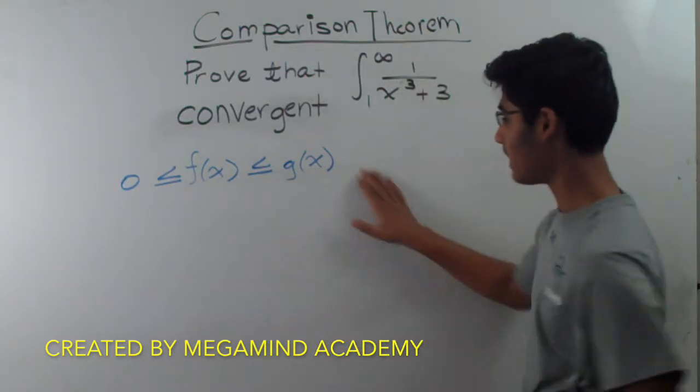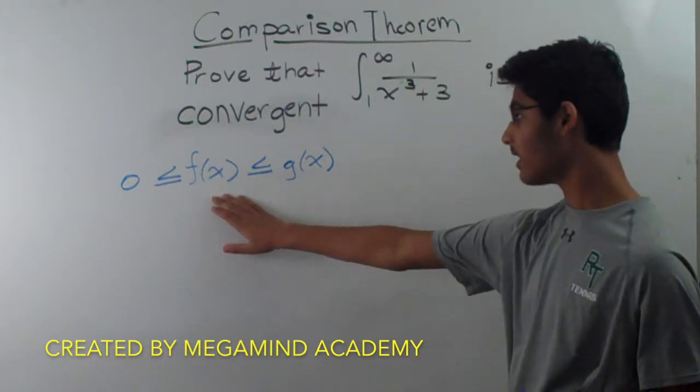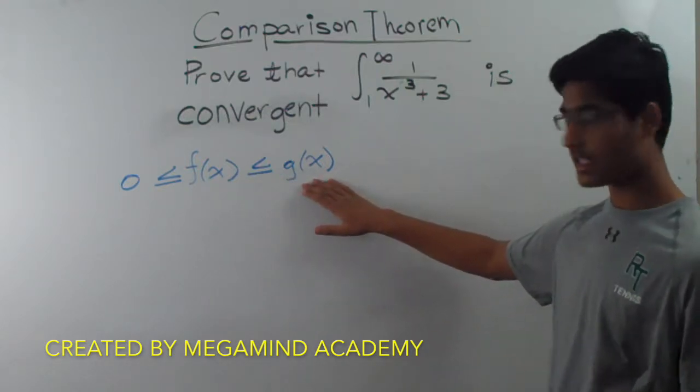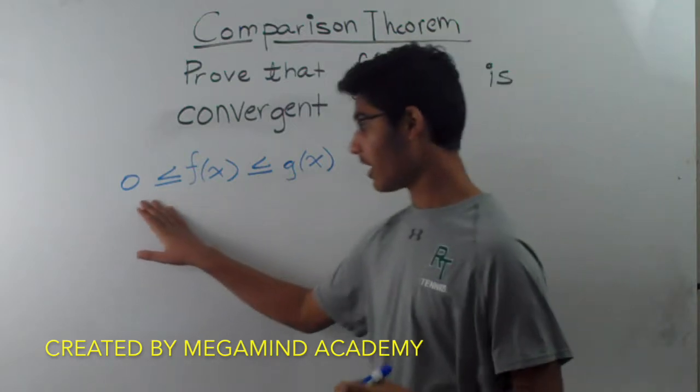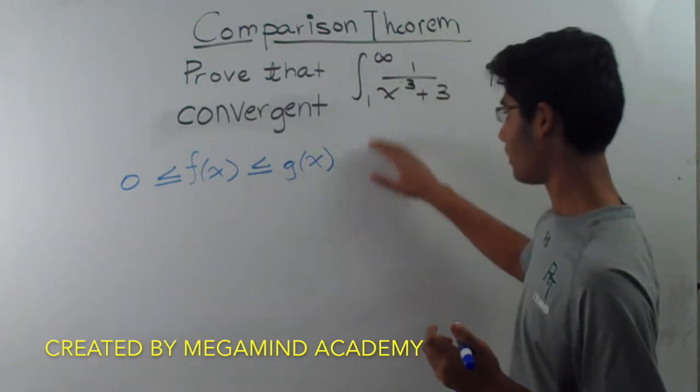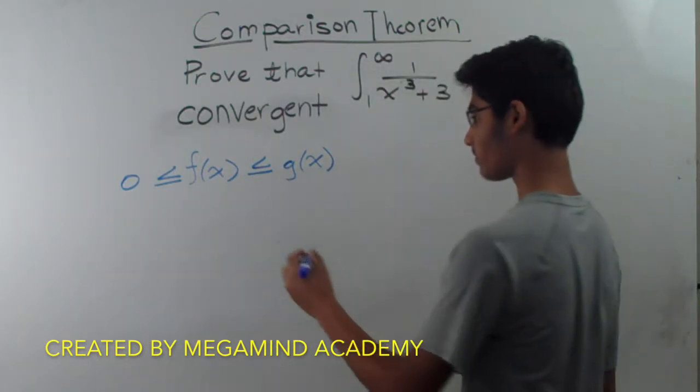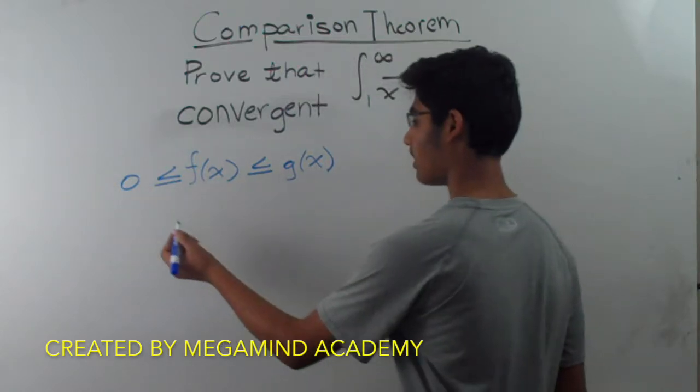So let's say that f of x is less than or equal to g of x, and greater than or equal to 0 on the interval of the integral, so for all x on that interval, then